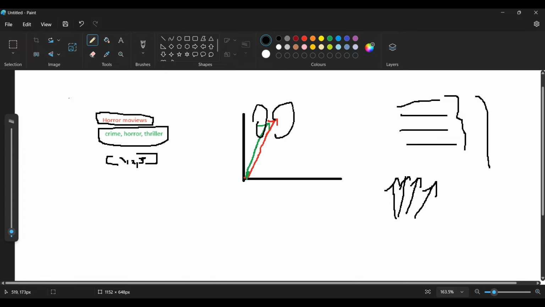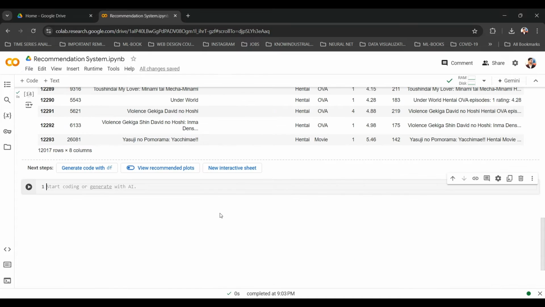For the sake of simplicity, for explaining, I have drawn these two sentences as vectors in a 2D space, and these two vectors are close together. If you take a distance measure, these two are close together. So that's why we have concluded that these two sentences are similar. Similarly, we'll be taking cosine similarity for all the embeddings, and we will see which sentences are closer together. We will take the top 5 of them and return that. That's how we will be doing it.